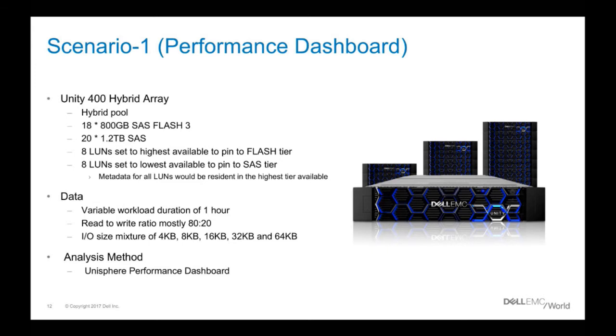Now ordinarily LUNs would be set in a hybrid pool configuration running in an auto mode where the data spanning the tiers within the pool configuration would be moved automatically based on the access characteristics. So the most active data would move, dependent upon the skew in that data, to the highest tier available. But in this example, we've pinned some LUNs using the tier preference policy of highest available, so we get some flash resident LUNs, and lowest available, so we get some SAS resident LUNs, just for the